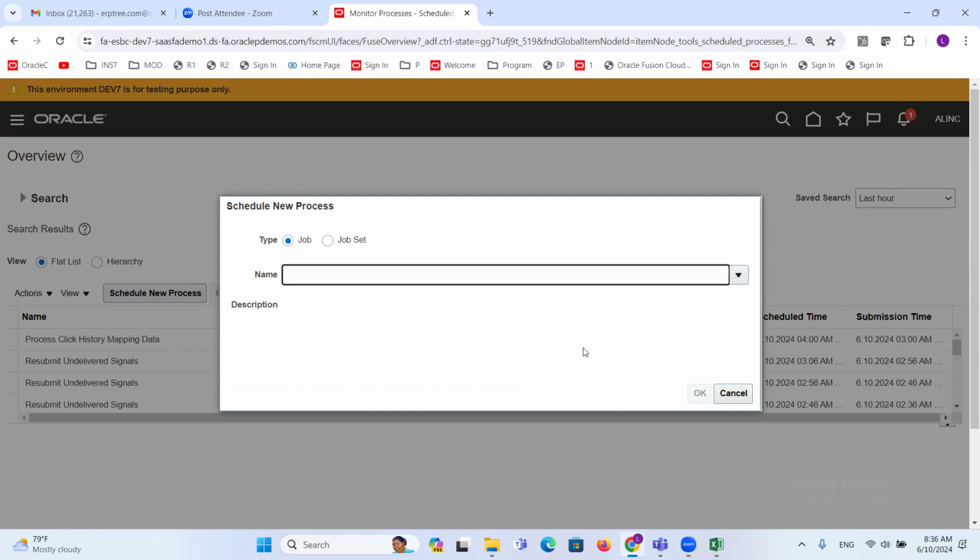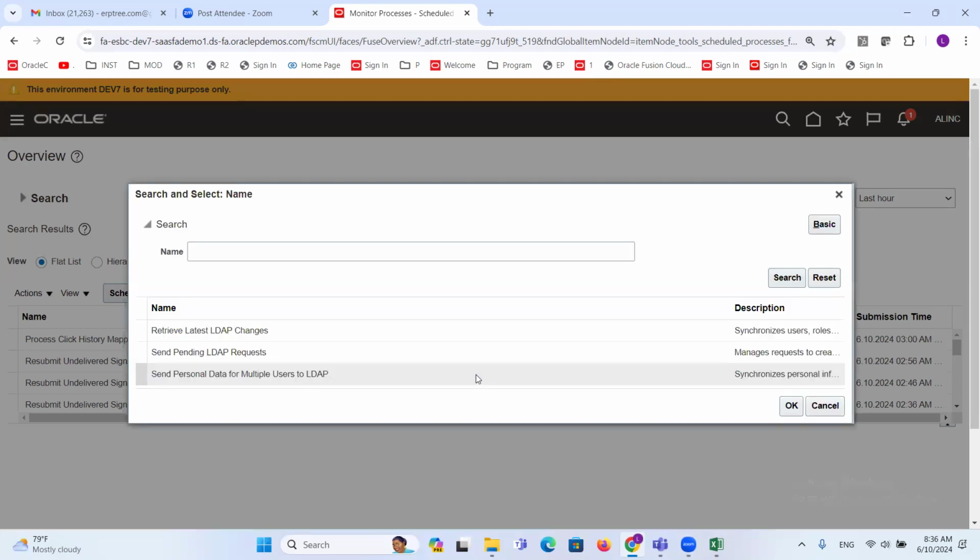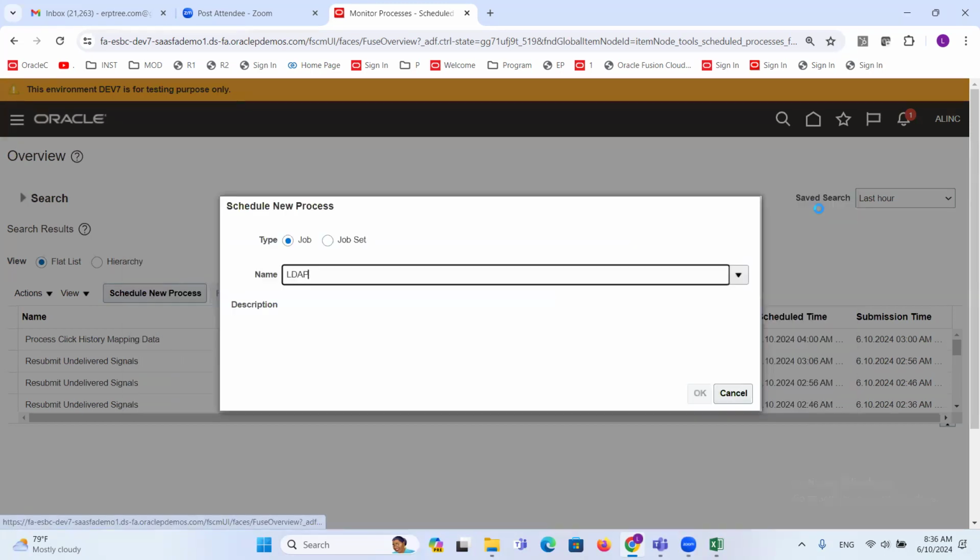Here just type LDAP, LDAP uppercase, use tab. It will fetch that name. See, it is fetching. If you don't want to do this directly, what you can do is